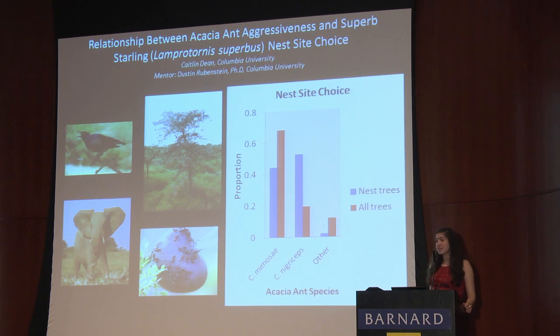And so what that means is I looked at, in the area I was studying, there was one dominant species of tree that all the nests were found in, and there were 4 mutualistic ants that lived in this tree. And so I looked at the aggression of those 4 species of ant, ranked the aggression, and then found that the birds were preferentially nesting in the intermediately aggressive species of ant,